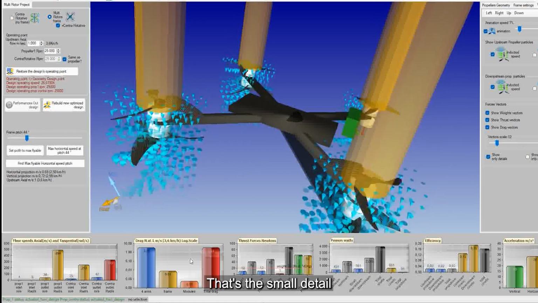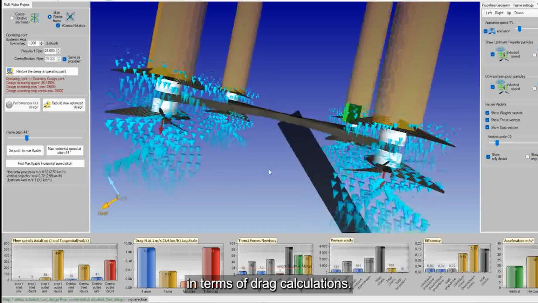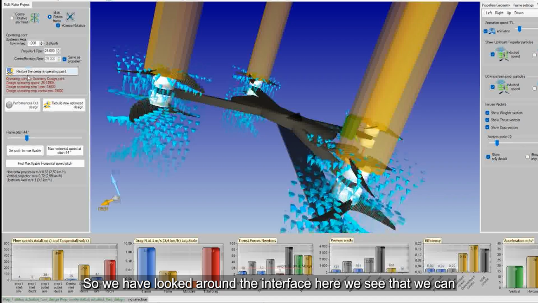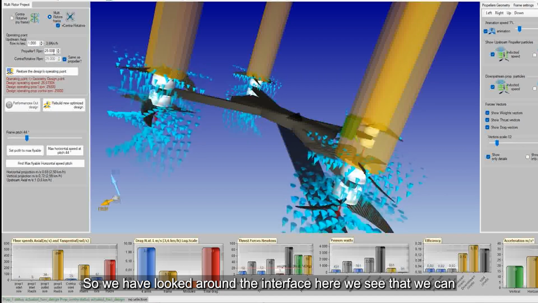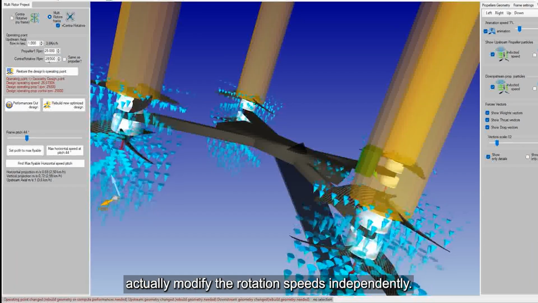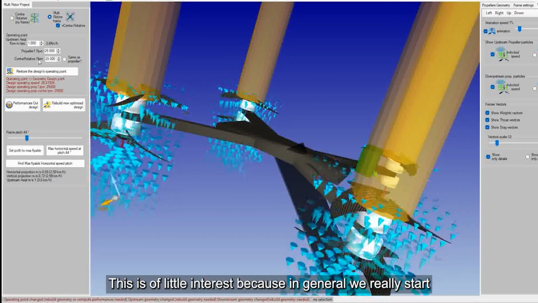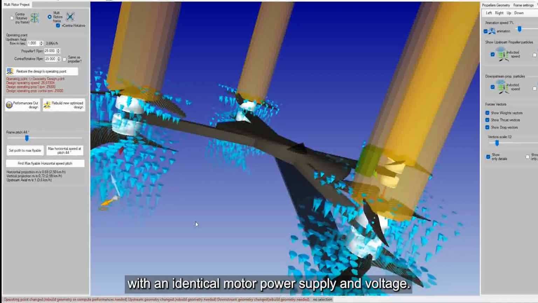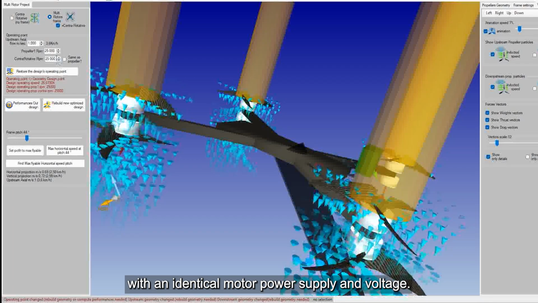That's the small detail, in terms of drag calculations. So we have looked around the interface. Here we see that we can actually modify the rotation speeds independently. This is of little interest because in general we really start with an identical motor power supply and voltage.